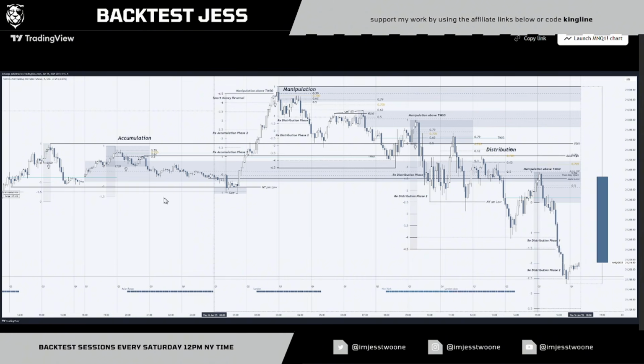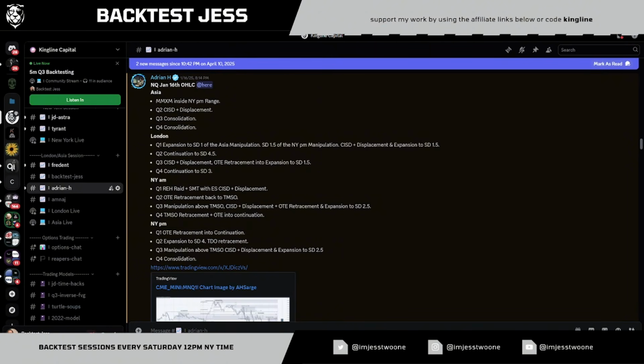So in Asia, we have this change of state of delivery. Now, remember what I said, when we're trading counter trend, we normally achieve 1 to 1.5. So although this is expanding down, once we get to here, it's unable to expand lower. So immediately following the inability to expand lower, we have this change in state of delivery. So now we have a new manipulation swing, right? This CSD occurs, it never returns back to the zone, but then we have distribution all the way up. Here is what he was talking about, this CSD, and then we have Q3 consolidation, Q4 consolidation. So just the inability to trade lower. Now going into London,